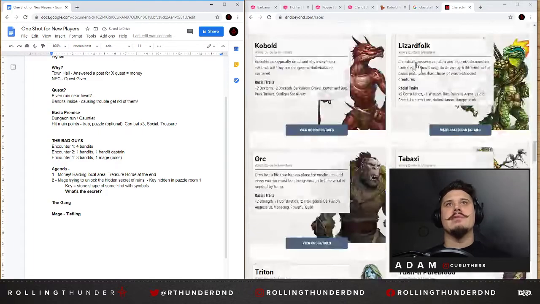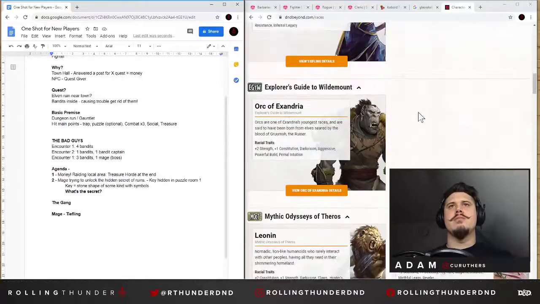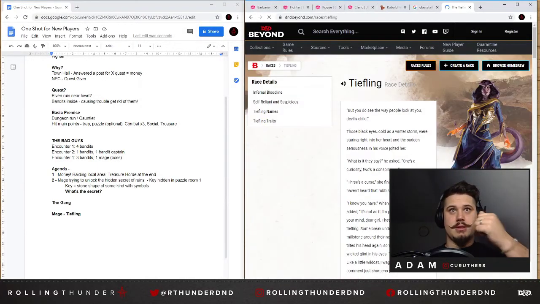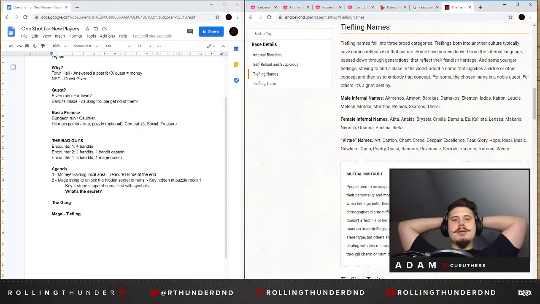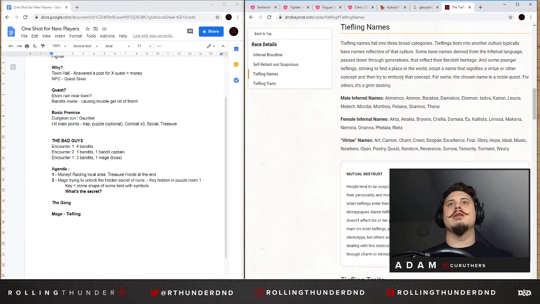And tiefling names, I believe, are just human. Let's see if D&D, there we go. Oh no, they're not. Oh yes, they have a virtue. According to another culture, typically tiefling names reflect that culture's side of nature rather than infernal language. Okay, so